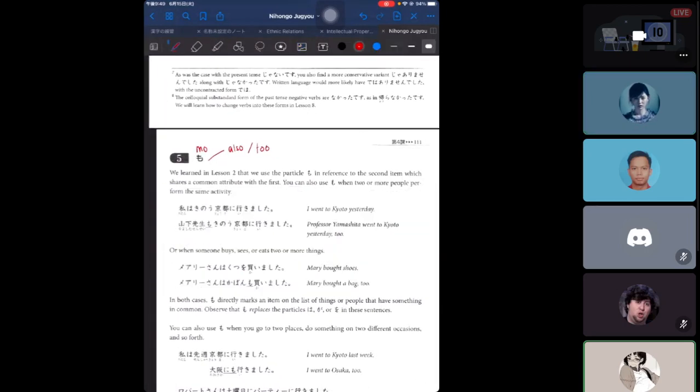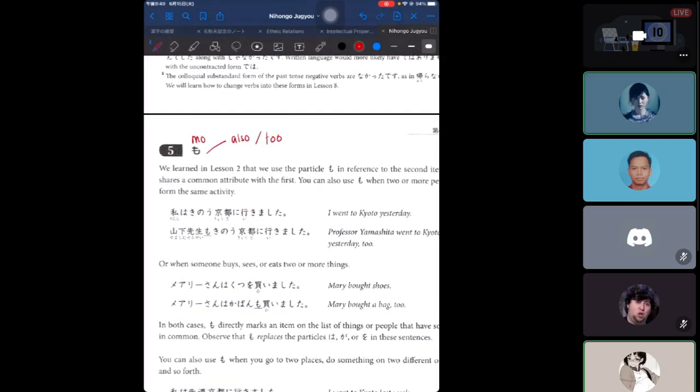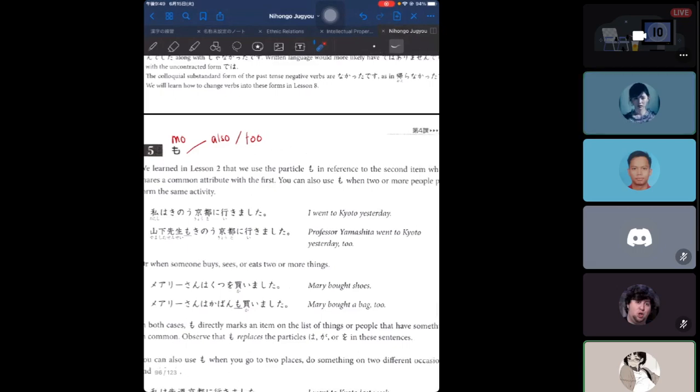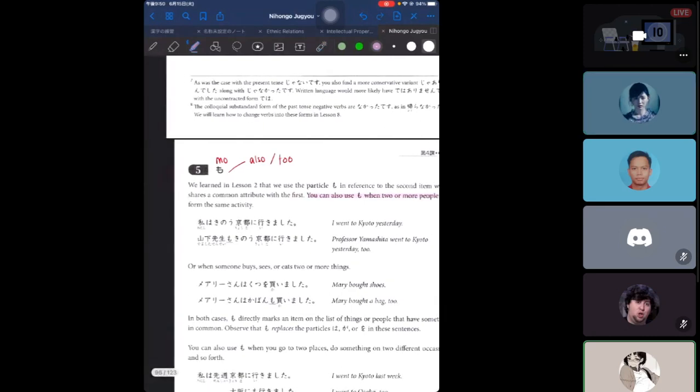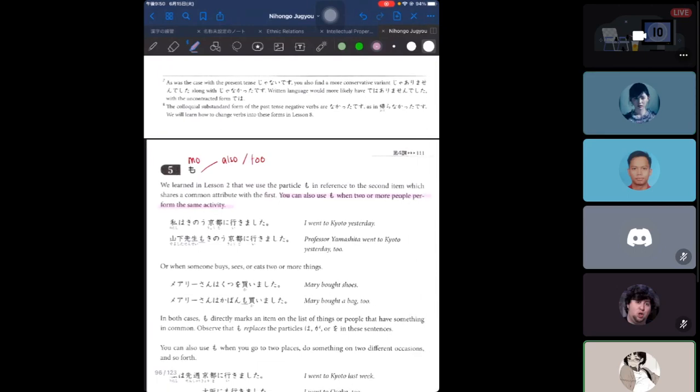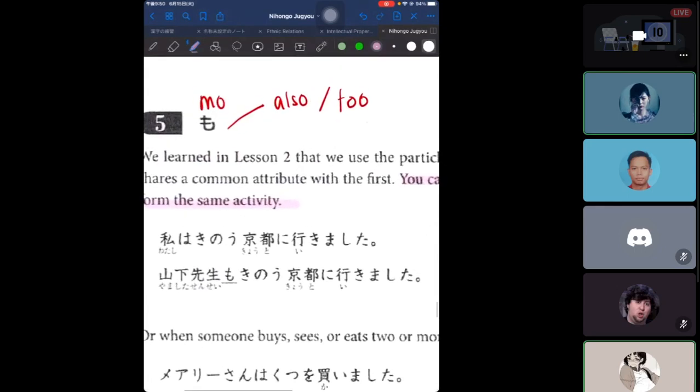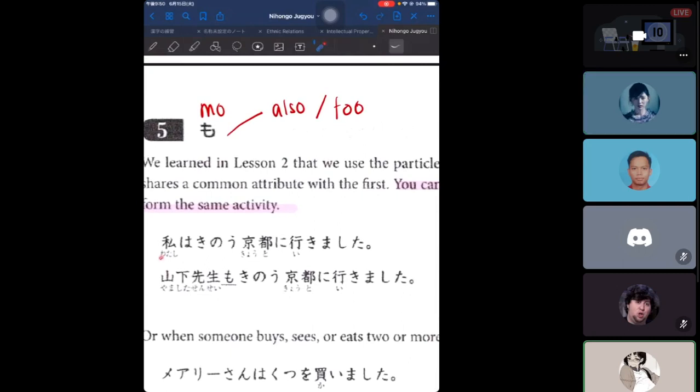But for this one, we will learn that mo can also be used when this person also did the same activity as you did. You can also use mo when there are two or more people performing the same activity. So for example, the first one, anyone wants to read? Okay, so I'll try this. はい、どうぞ。